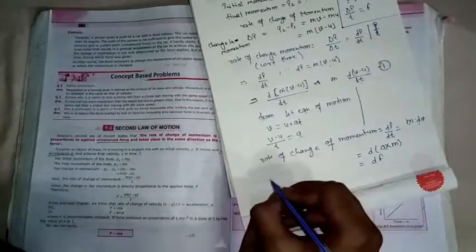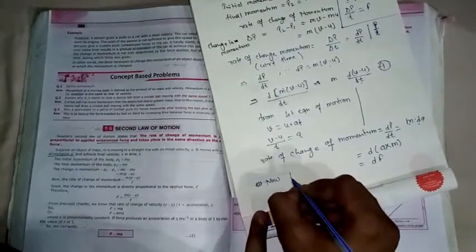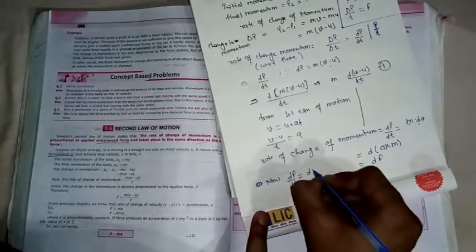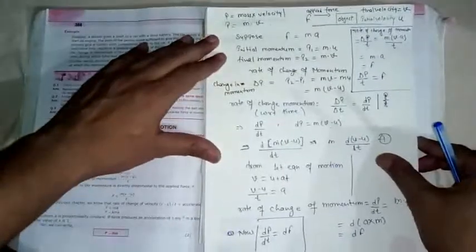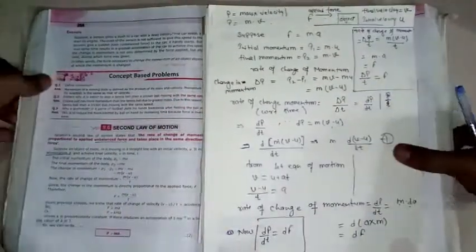Okay, so we can write here, dP upon dt is equal to dF. This is the rate of change of momentum. If you want to write this, you can write this in your notebook. And also this